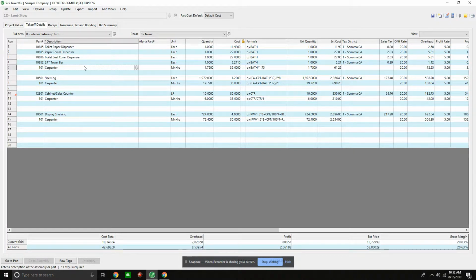Right now I have the company open where everything is there, but we can really set this up to use it per your estimating style. What is pertinent information for you and your company? So not only do we have our parts, we also have a description of those parts, tracking our units, as well as our quantities, and then our formulas.